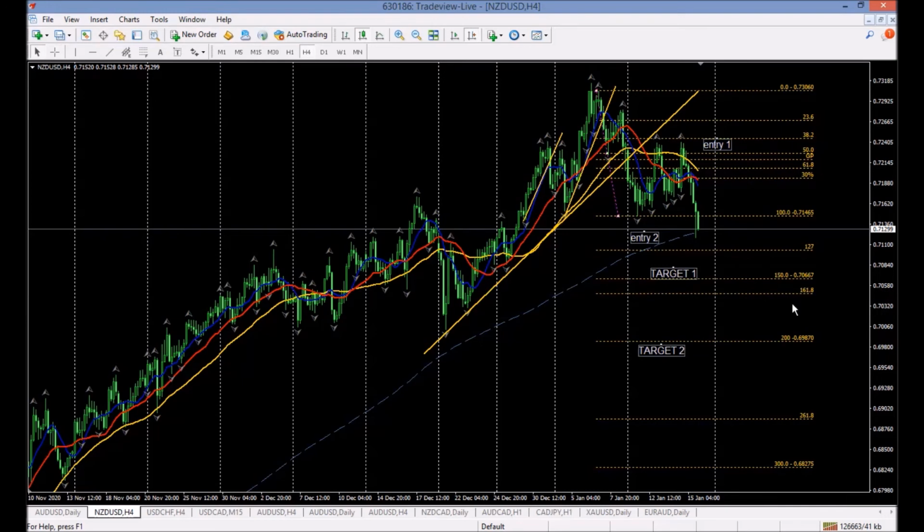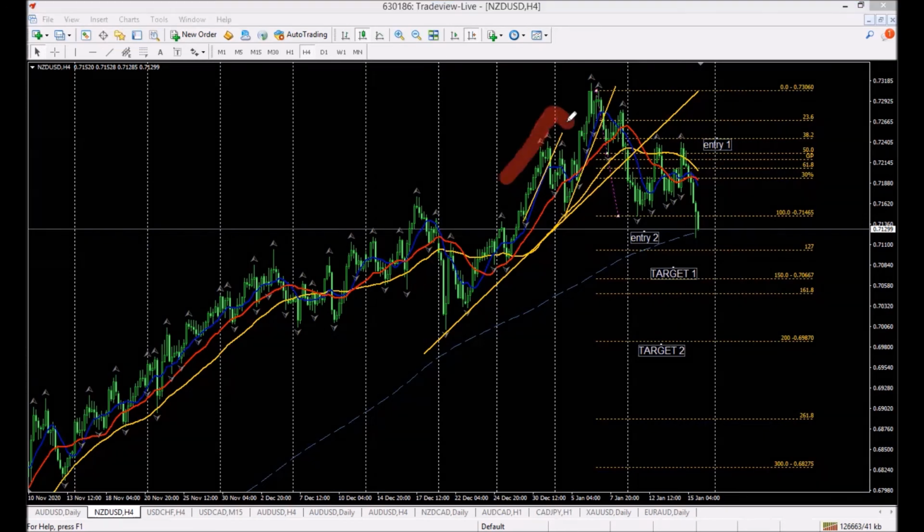Oh yeah, I wanted to show you one other thing, didn't I? There's another chart pattern that's visible here as well. Let's have a look. How about that, guys? Can you see it? Head and shoulders pattern. This would be the neckline. When it breaks the neckline, typically what happens is